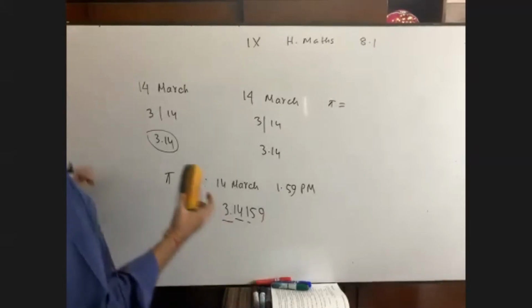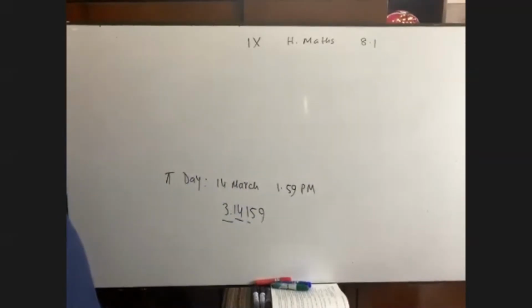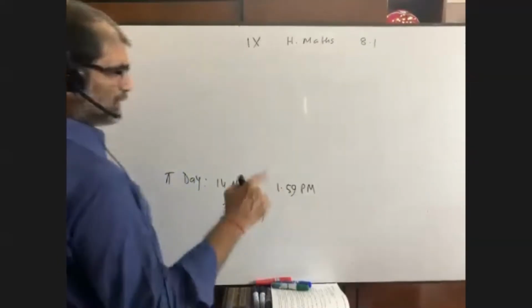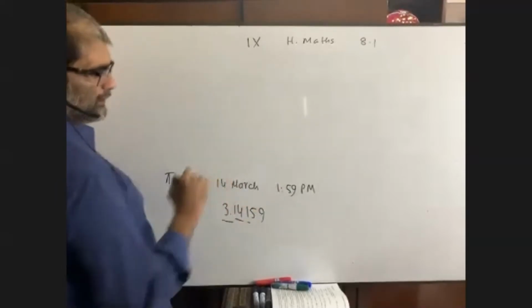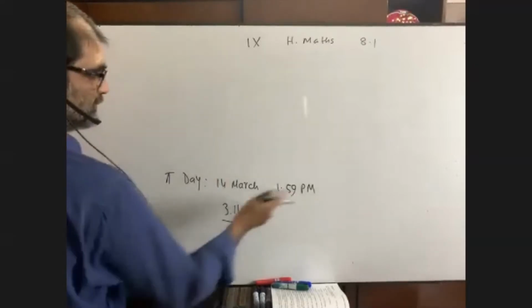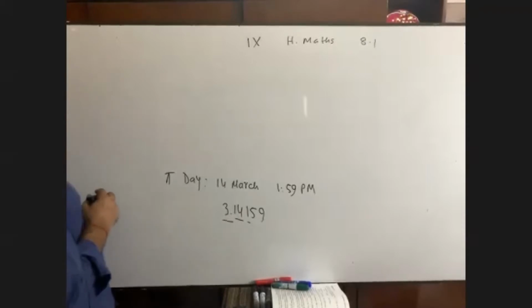Yes, sir. Again, you see, but sir, how did the 1:59 p.m. come in? Okay, p.m. I have no answer, but if it was taken as 1:59 a.m., then you would ask me why it is not p.m. Anyway, have you got me? I really don't know why it is p.m.